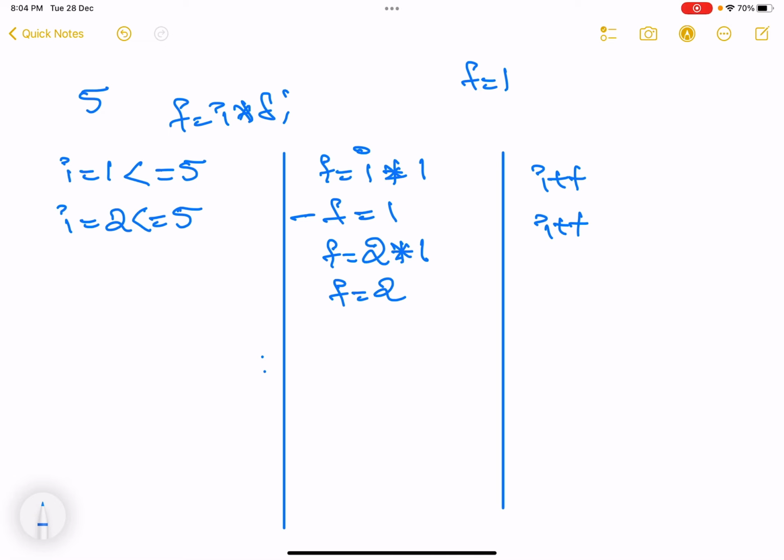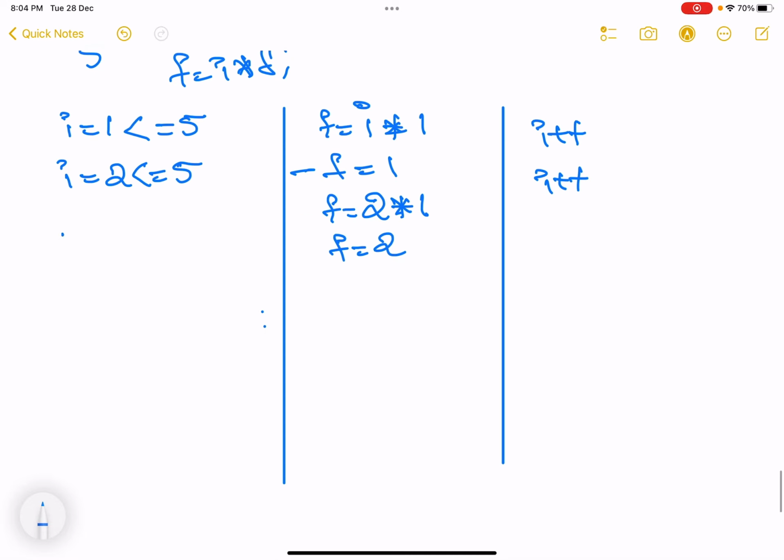I plus plus. For this we have to store the previous product value. Next I becomes 3, which is still less than or equal to 5. Now 3 into, what is the value of the previous f, that is 2. The answer is 6. Now I plus plus, f is equal to 6.